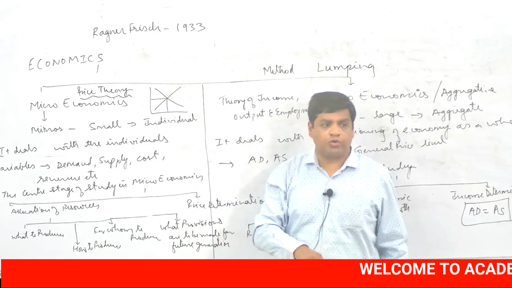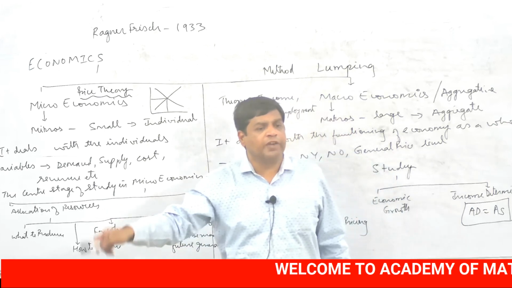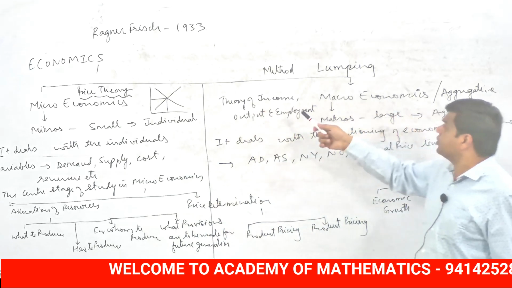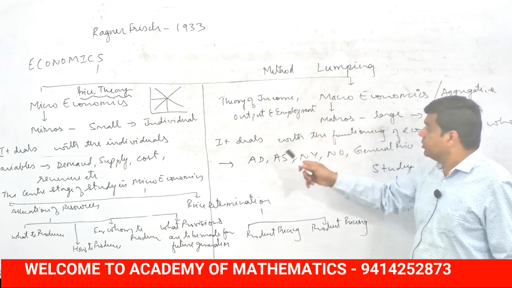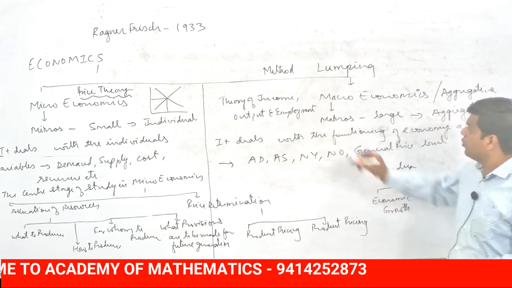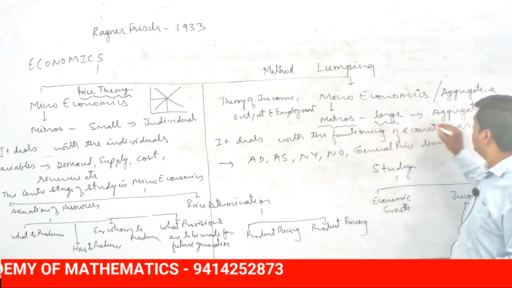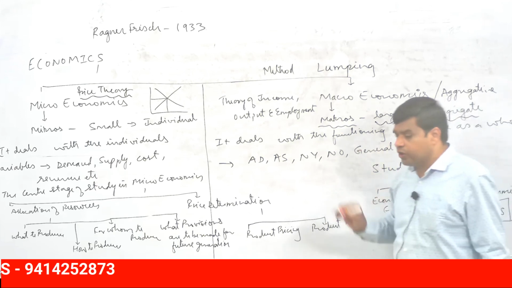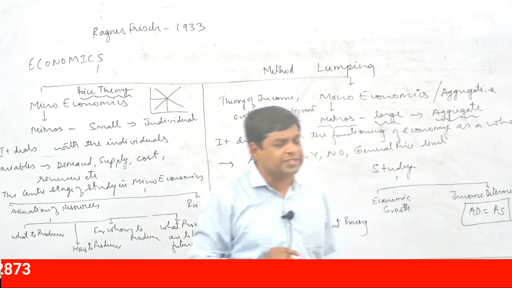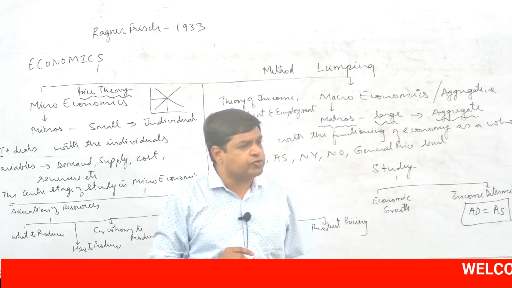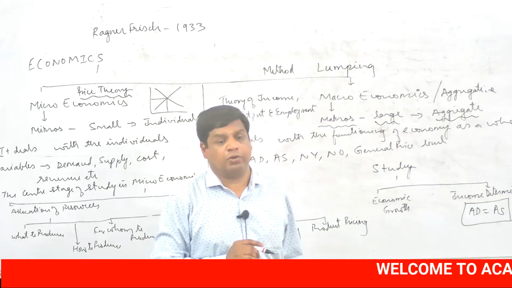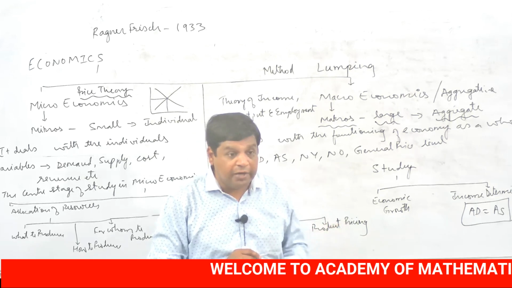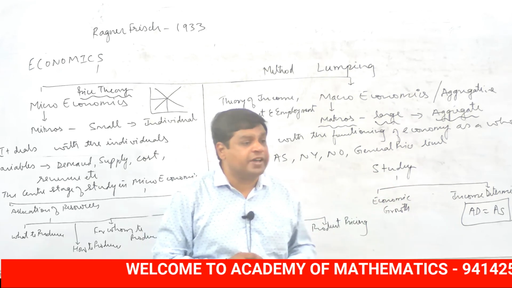Individual can be a household, a firm, or an industry. While in macroeconomics, we discuss aggregates. The word macro is derived from the Greek word makros, which means large, and therefore it deals with the aggregates. One more thing: is there any example which proves there is a study of aggregates in microeconomics? Market demand and market supply, a large number of buyers and sellers.